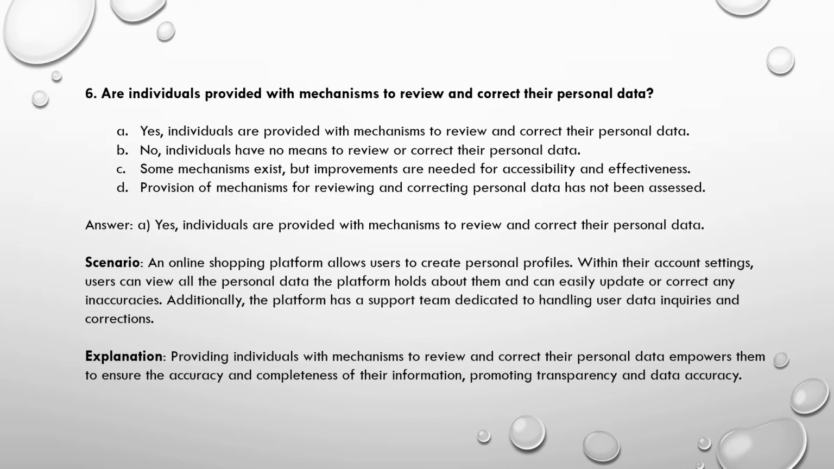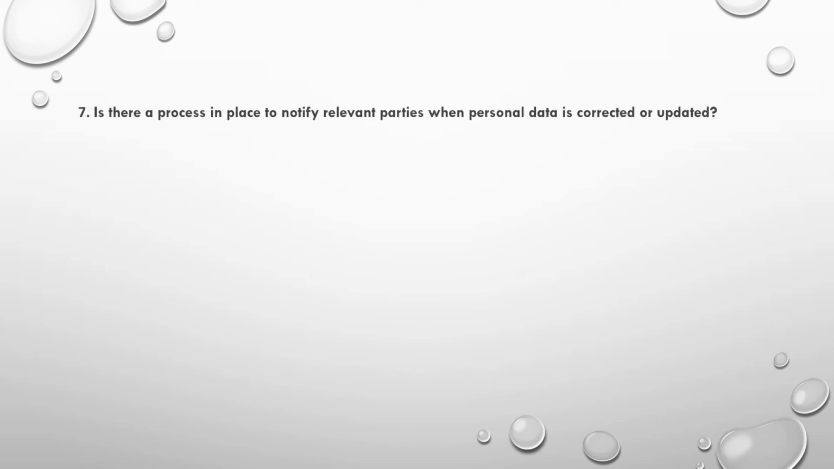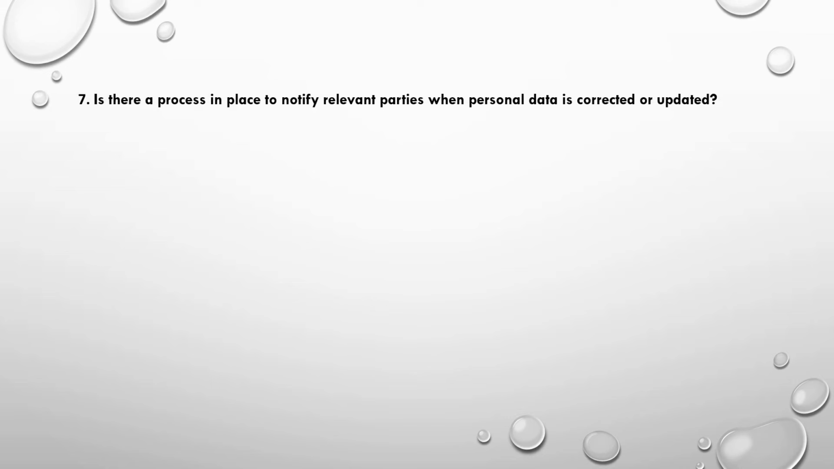Let's move on to question number 7. Is there a process in place to notify relevant parties when personal data is corrected or updated? So this question addresses the protocols or systems an organization may have in place when there are corrections or updates to personal data. Right, the relevant parties could be the internal teams, stakeholders, data processors, or even the individuals whose data has been updated. Let's see, the options are: